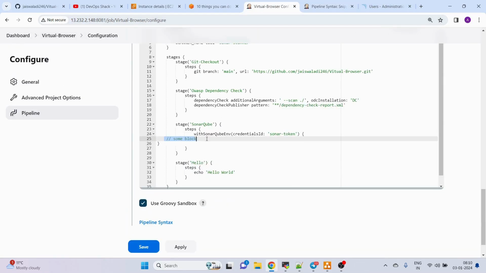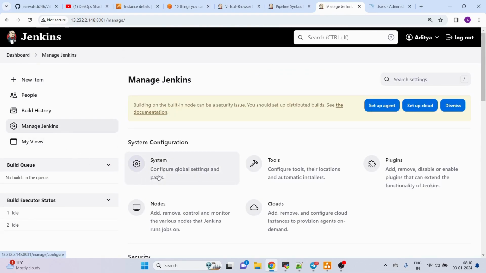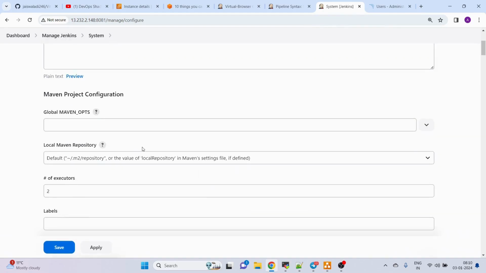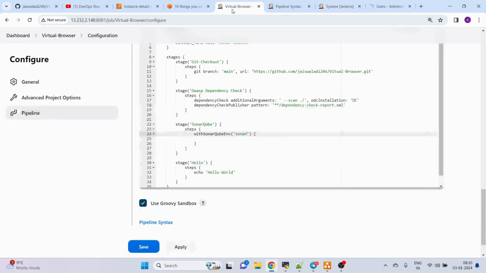I have pasted it, right? But there are still some changes we will be doing here. You see, we are just providing credentials, but instead we can remove this part. Now you might be wondering why I'm just writing Sonar. Let me show you where this is coming from. You remember while I was configuring the SonarQube server in the system, we provided the name Sonar, right? So this Sonar is the installation that we are providing, meaning inside this installation the report should be published. Now I can write the commands for